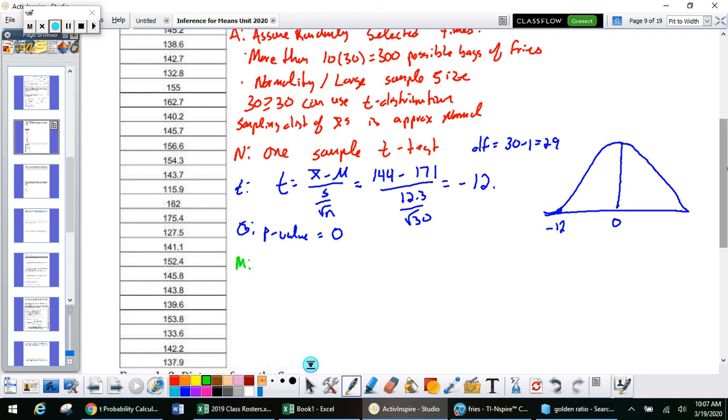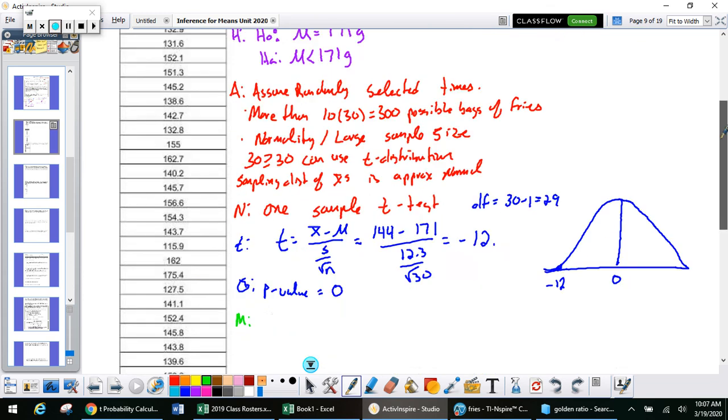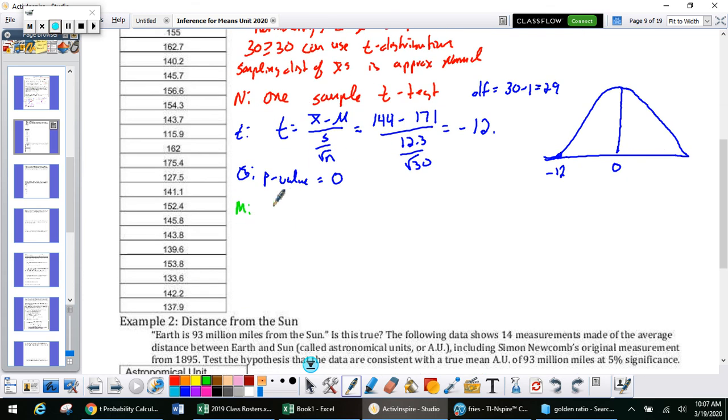Okay, so now we make a decision. Now, did they give us an alpha level? I don't think they did, so let's use 0.05. But what do we know? 0 is less than 0.05. And so my p-value is less than the alpha. So therefore, my decision would be to reject H0. And what could I say at the end? We have statistically significant evidence